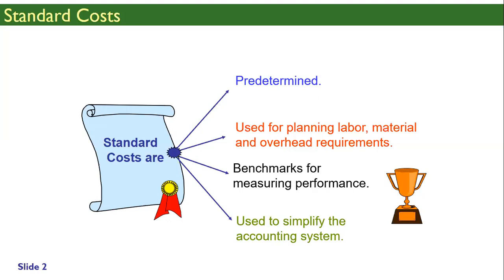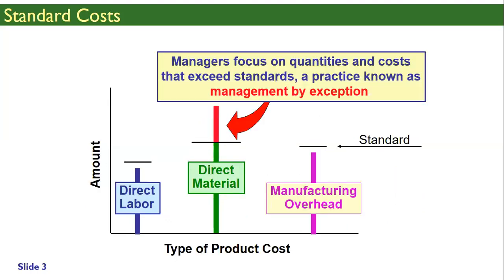At the end of the month, you see what was our target, what we should have done, and what we did. So if you are making tables within 30,000 or maybe 29,500, I'm happy. I say you did a good job. But if you spend more than 30,000, then we will ask you why you spent more. And when we say we will ask you, we call it management by exception. Management by exception means that management usually interferes in those areas where you are crossing the boundaries.